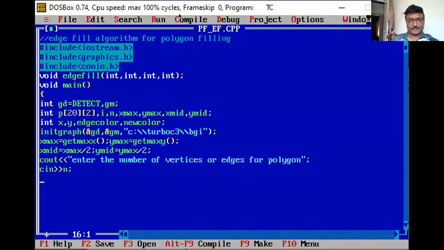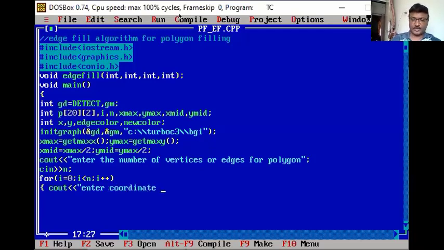Once you have read it, then you have to read all the coordinates. So for i equals 0, i less than n, i plus plus. Now go for cout. I am writing cout directly here. What is the cout? Enter coordinate, suppose x0, y0. The same way I used yesterday, because I am not going to follow a new method.